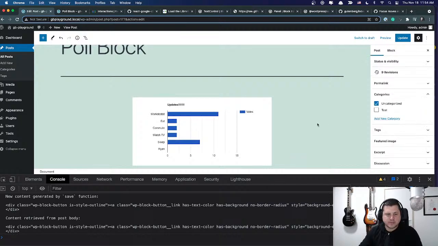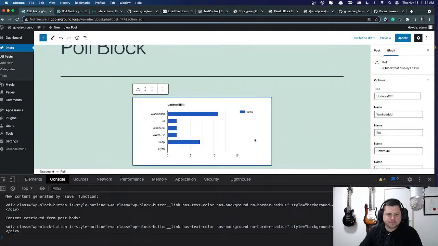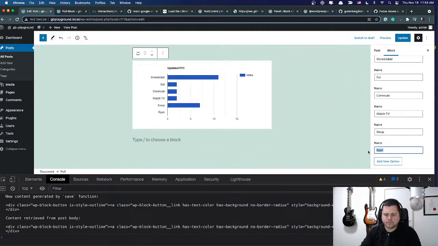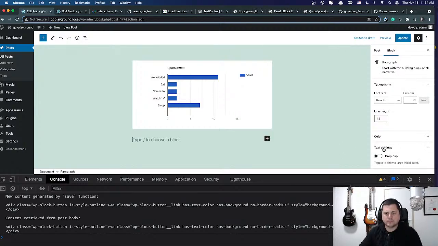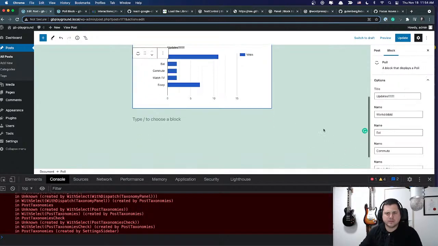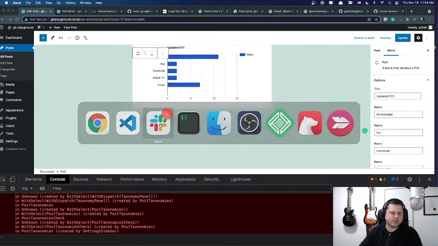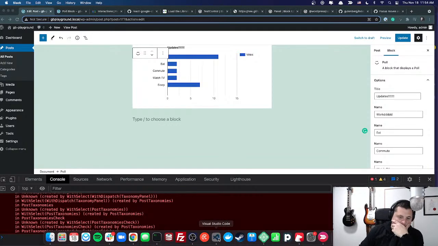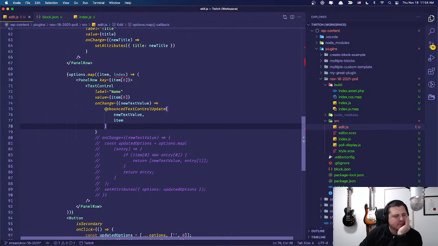Okay. Yeah, still lose focus on it. Okay, so it's the set attributes that's doing it. So in set attributes, whenever this changes,